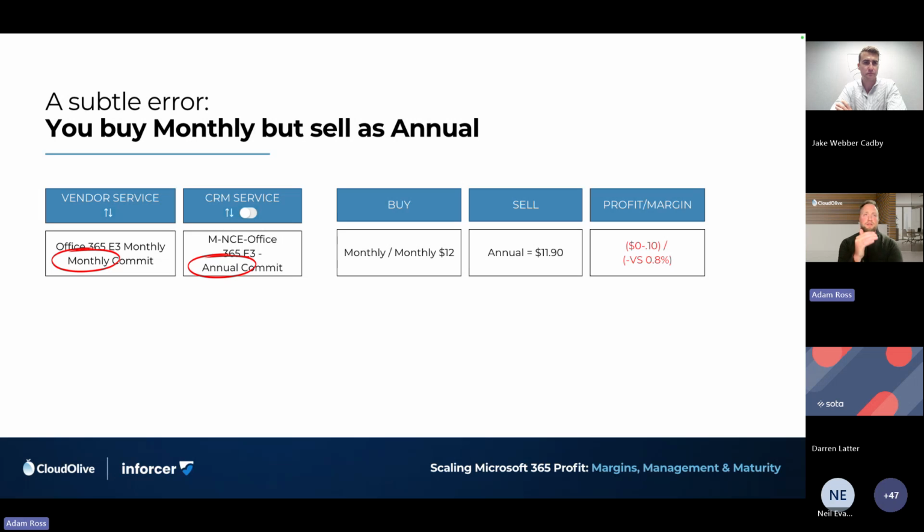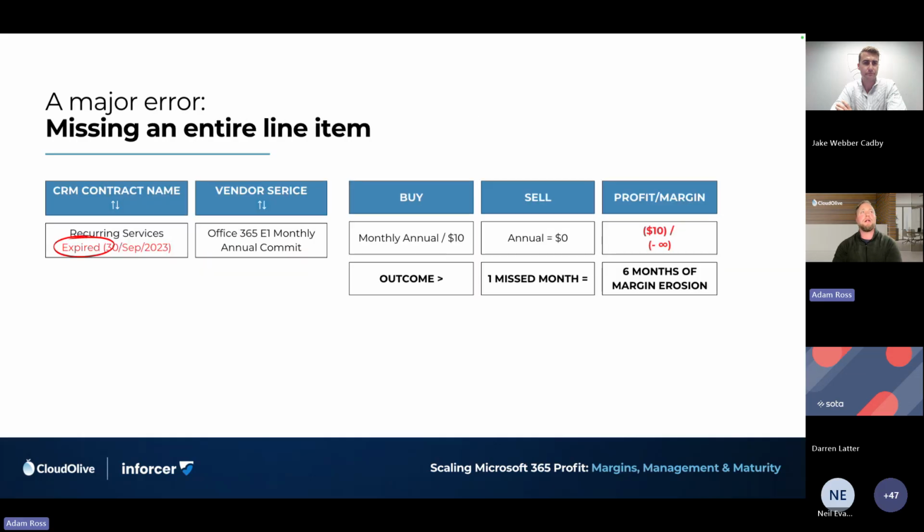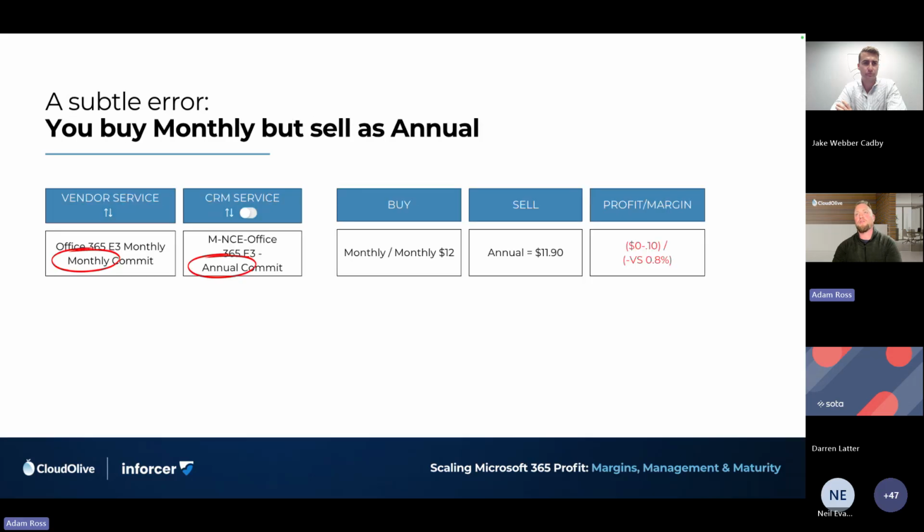Naming conventions go a long way to help solve this. And we actually share a formula around naming conventions for your PSA, which I deem to be probably the most important decision you can make in the PSA setup. So that's a subtle error that can cost you over a long period of time. Your customers won't mind. Your customers will not come to you about that one, okay?